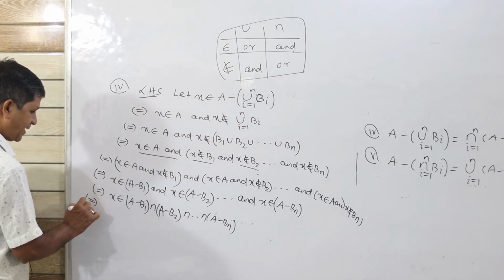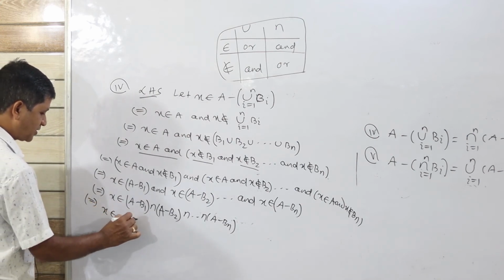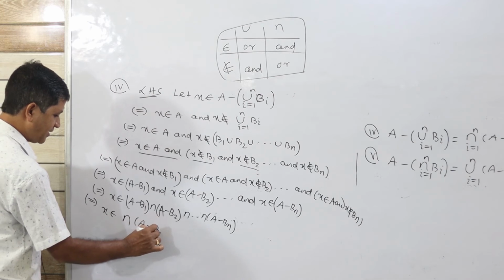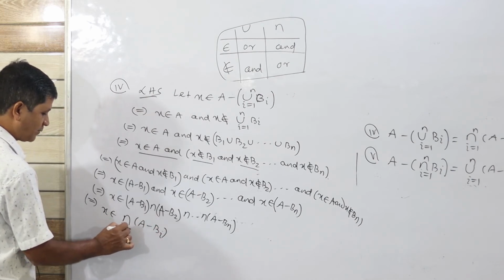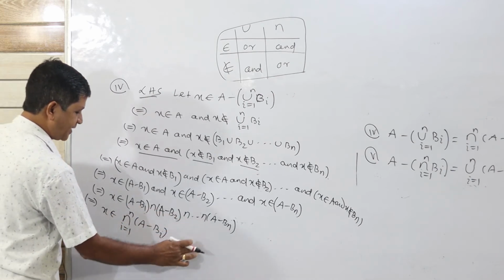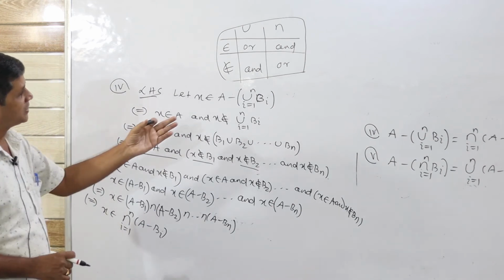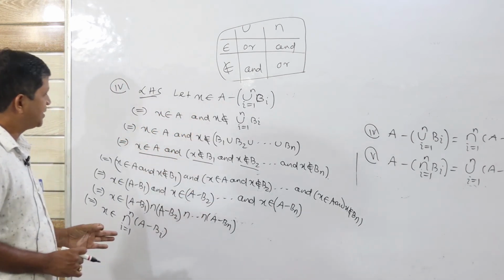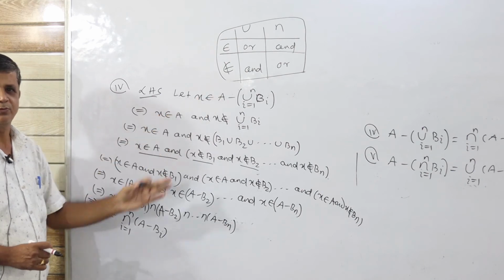So we write x belongs to intersection of A difference Bi, i varies from 1 to n. So starting from the LHS, we now reach the RHS, hence these two must be